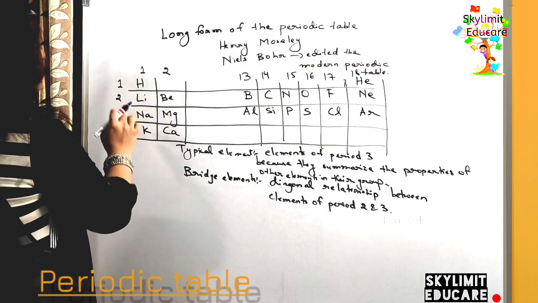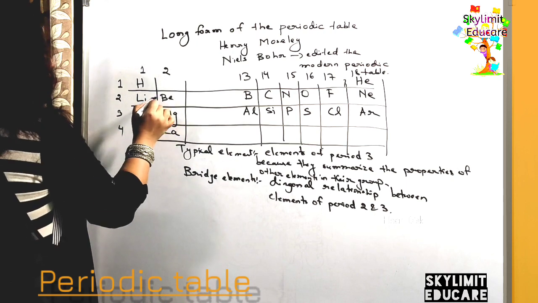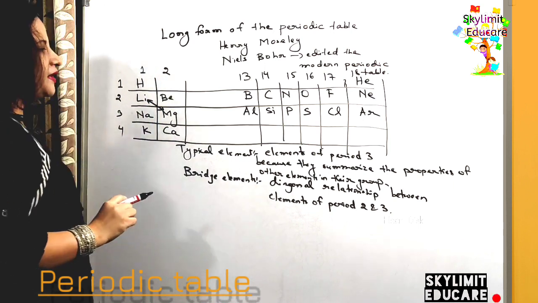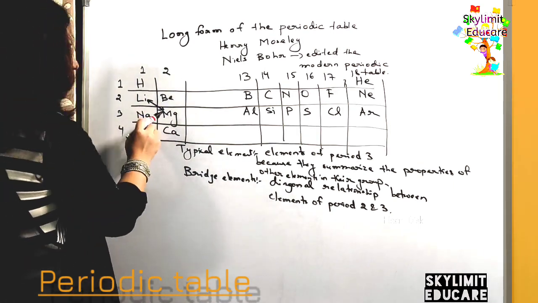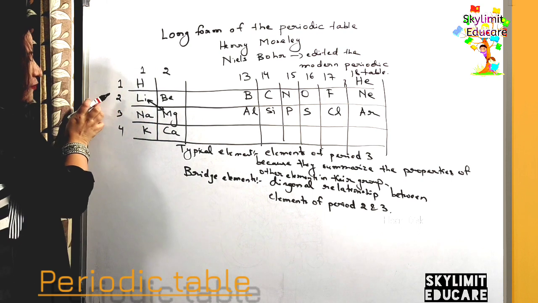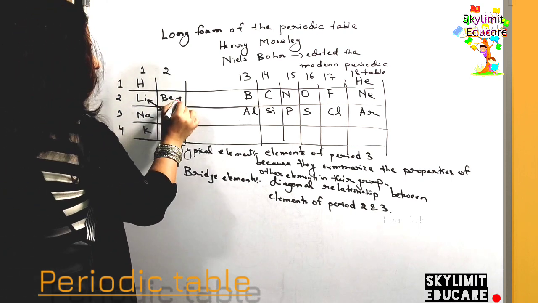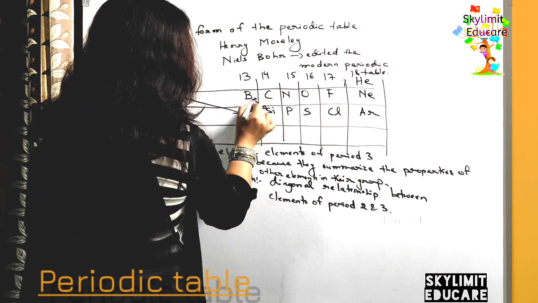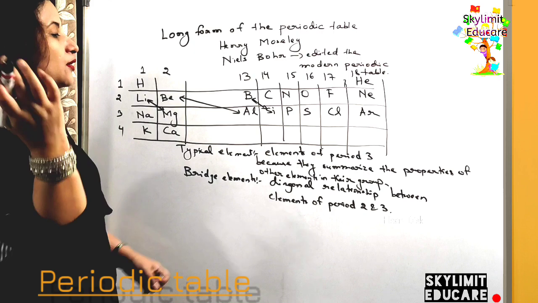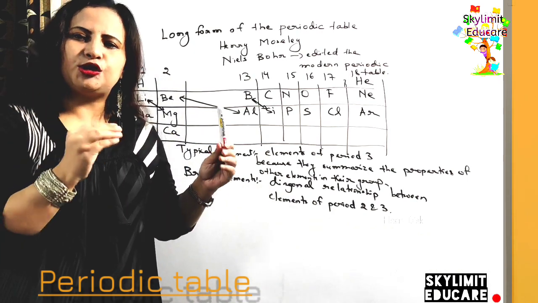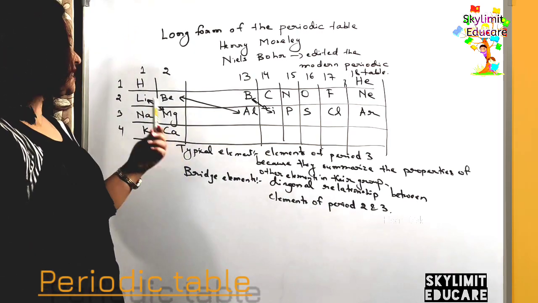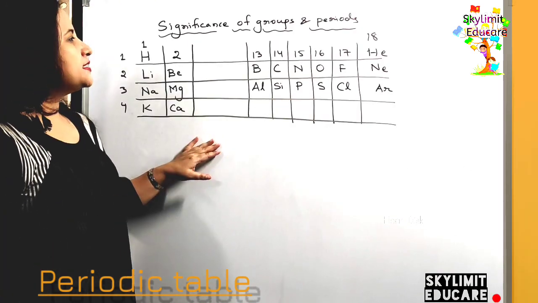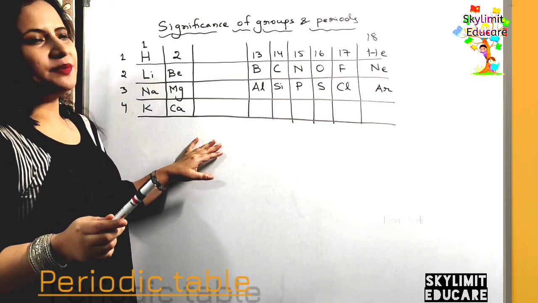So what are the elements of period 2 and 3? And what is a diagonal relationship? Like you will see here, lithium is related to magnesium. Their properties are similar; they have some similarities in their properties. So this is a diagonal relationship. In the elements of period 2 and 3, beryllium with aluminium, right? And boron with silicon. So like that, there is some diagonal relationship between the elements present in periods 2 and 3, and hence these elements are called what? Bridge elements, right?